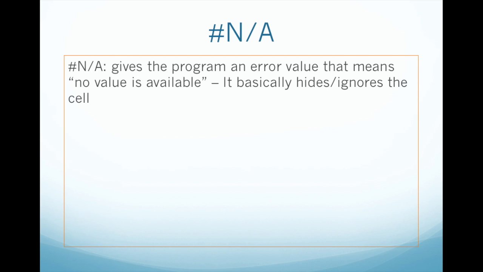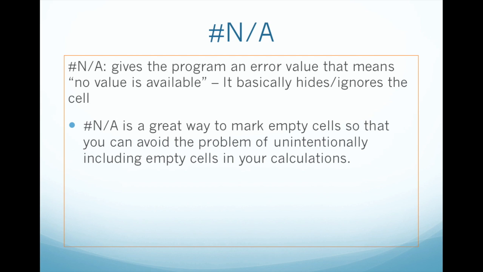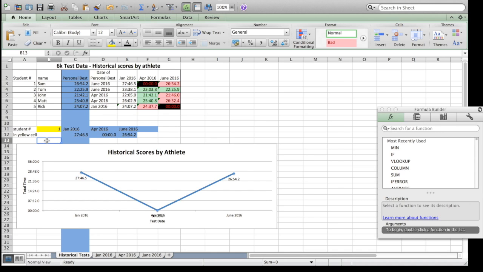The #NA symbol gives the program an error value that means no value is available. It basically hides or ignores the cell. NA is a great way to mark empty cells so that you can avoid the problem of unintentionally including empty cells in your calculations. On our sheet, I'm going to add a title here saying graph this line, and I'm